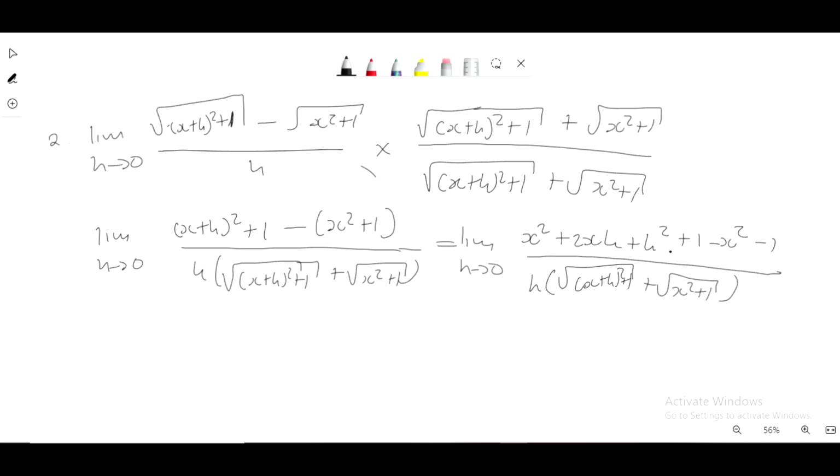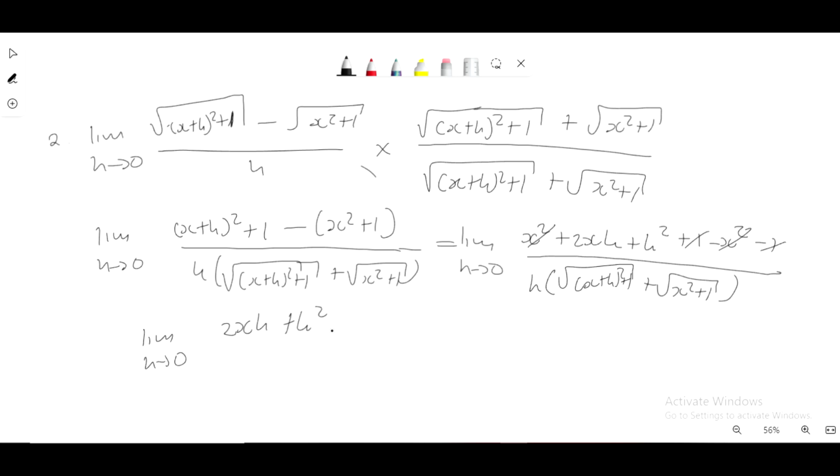Okay, guys, so now as you can see, x squared will cancel x squared, then 1 cancels 1. So at the top now we are left with 2